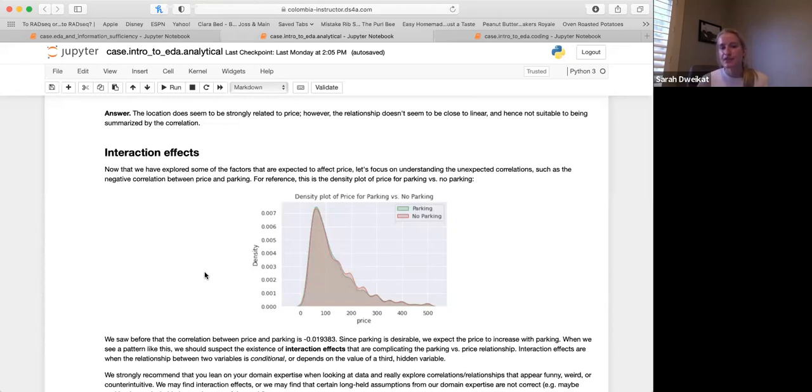Just because you don't see a trend right off the bat when you start your analysis doesn't mean that there's no pattern. If you think there should be something there, or you're curious to know more, for example if your hypothesis was that parking would be positively correlated with price and you don't see it, it's always a good idea to continue digging. The whole point of EDA, exploratory data analysis, is to probe your data in as many ways as possible.